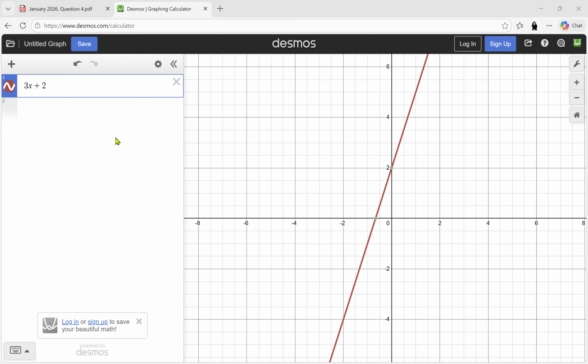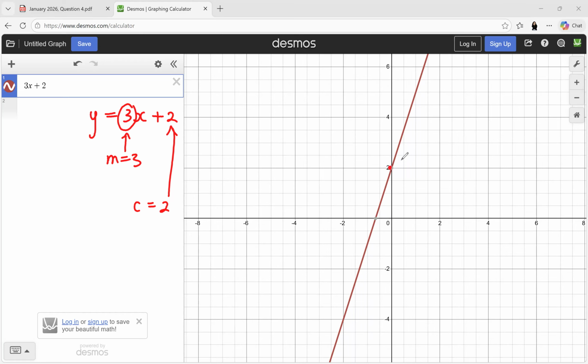So in this graph, the equation, y is equal to 3x plus 2, where m is 3 and c is 2, the y-intercept. And as you can see on this graph, the graph passes through the point